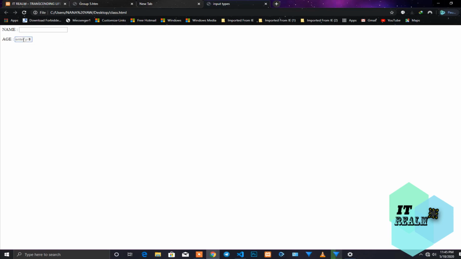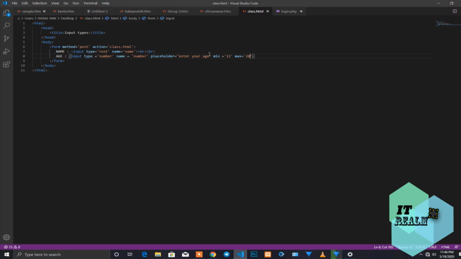But as I said earlier, with the input types, we'll be needing a button. Maybe I'm done writing my name, which is Ignatius, and my age will be like 32, which is more than 20, so it won't be accepted. So let me just write 15. And now I'm done writing everything, and there is no button. If I want to create a button, I'll just come here and create another input type, another input type called